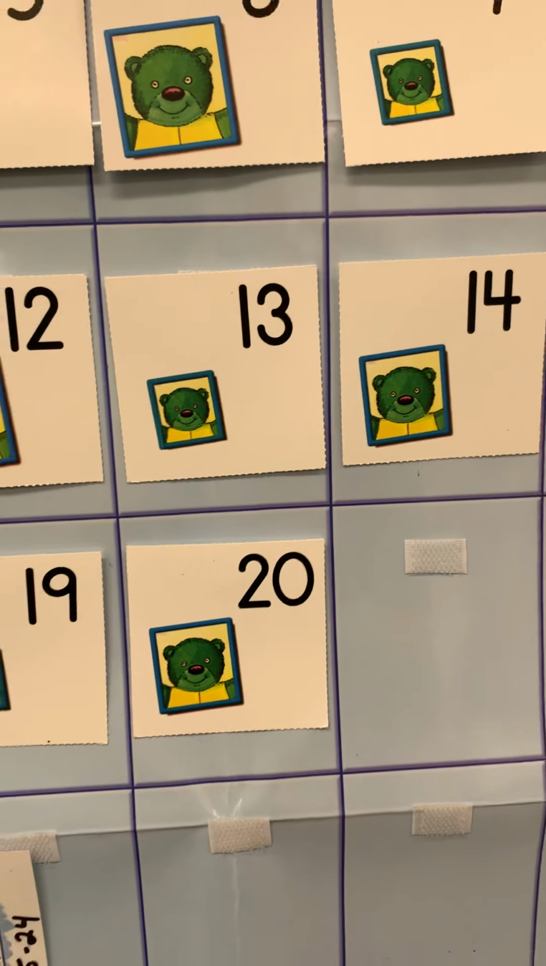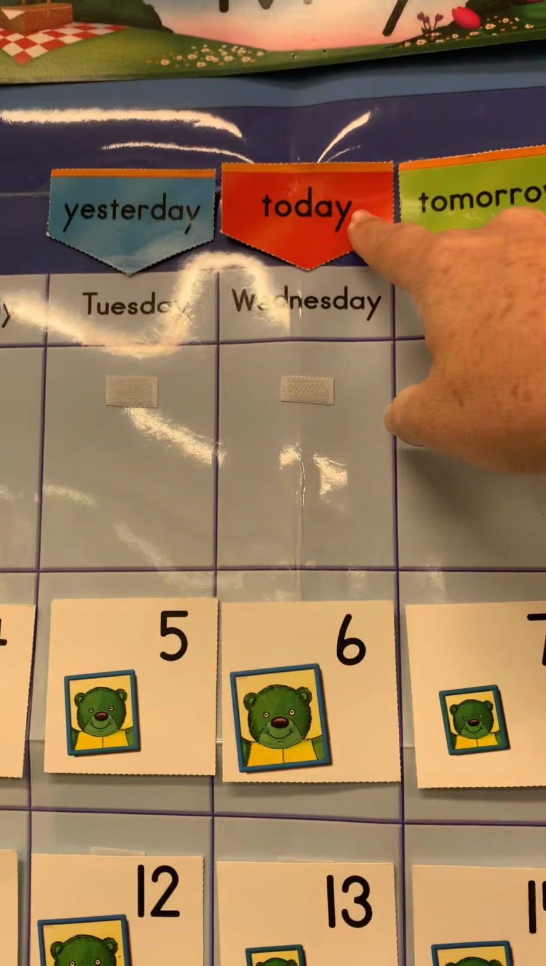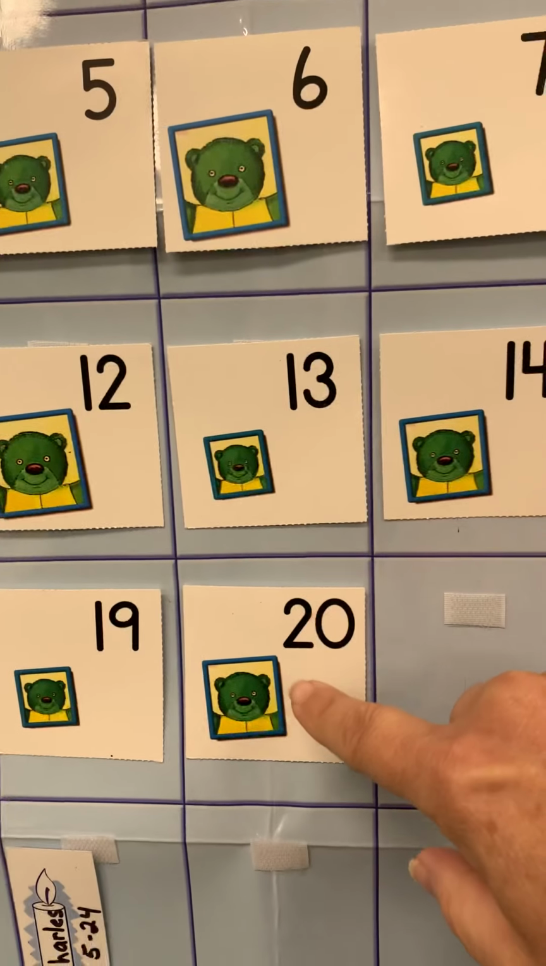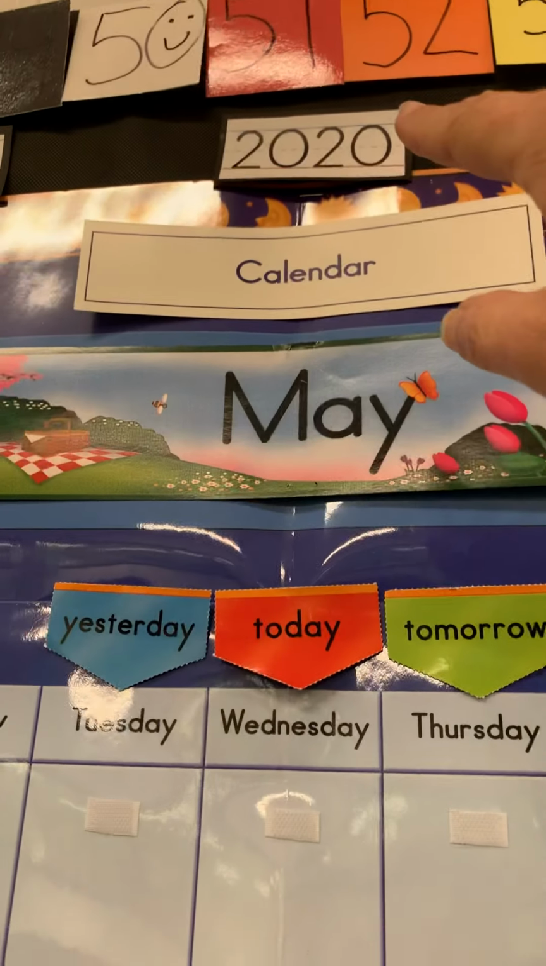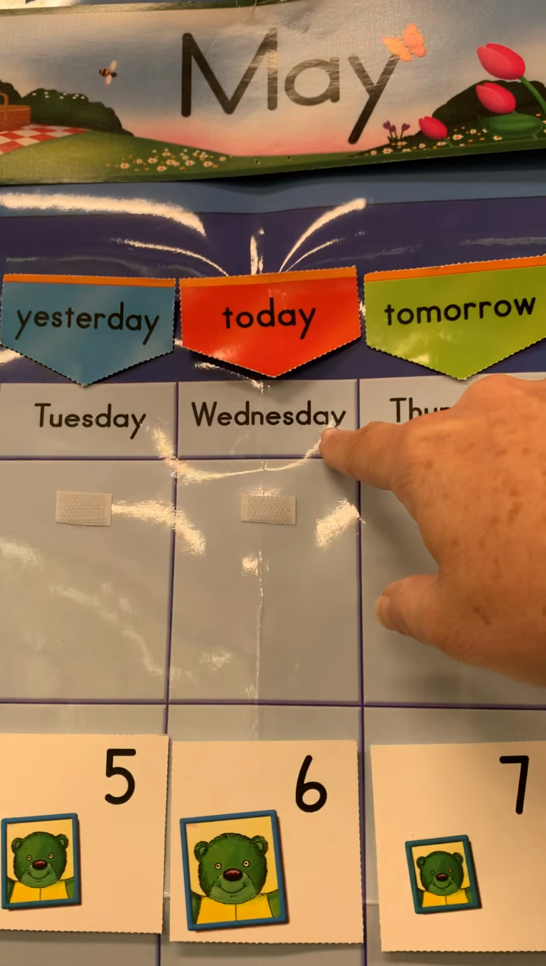All right, so let's just say our date for today. We should say today is Wednesday, May 20th, 2020. Let's say it again. Today is